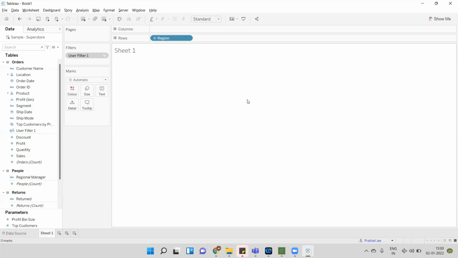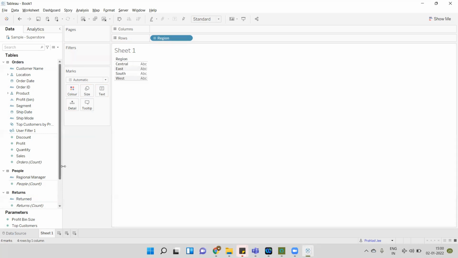This approach is good when only a small set of known users will use this dashboard and we have to restrict the data for them. For that scenario, this approach works fine. But if out of all users only a few users need restricted data, then this is not a good approach to implement row level security. So for that, we will see the second approach, called grouping. I mean, we will create a group on Tableau Server. Let's see how we can implement that approach.